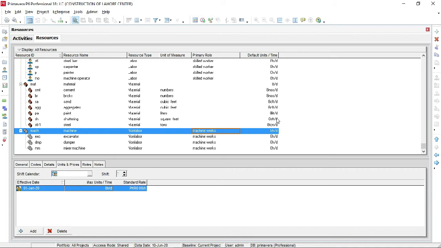So here material unit cement is 8 numbers per day, cubic feet required per day for sand, aggregate cubic feet required per day, paint required liter per day or per activity. And